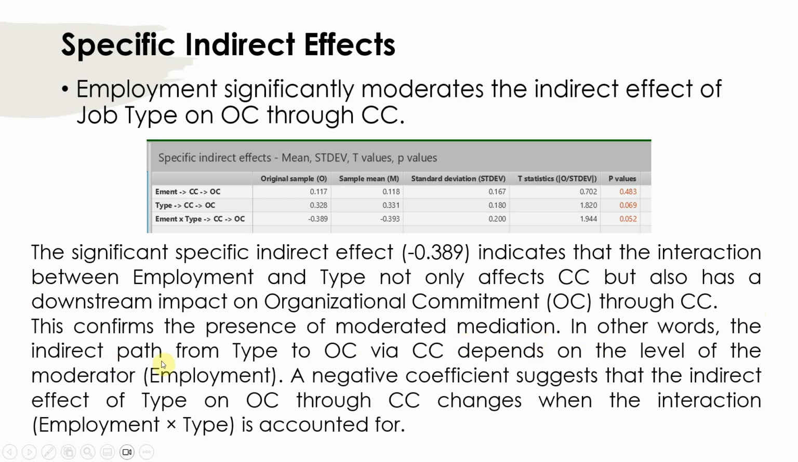In other words, the indirect path from type to OC via CC depends on the level of the moderator, that is employment. A negative coefficient suggests that the indirect effect of type, my independent variable, on OC, my dependent variable, through CC, my mediator, is actually changing when you have the interaction of employment type, your moderator, interacting with your independent variable, and you account for it. This was obviously visible in earlier results as well. So this is how you can test a model